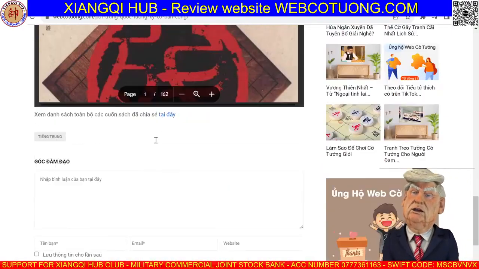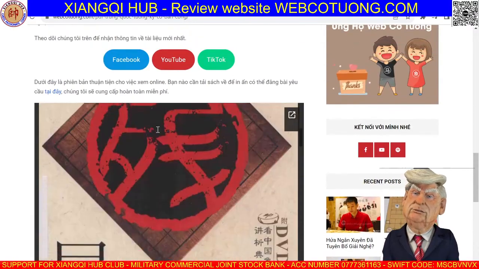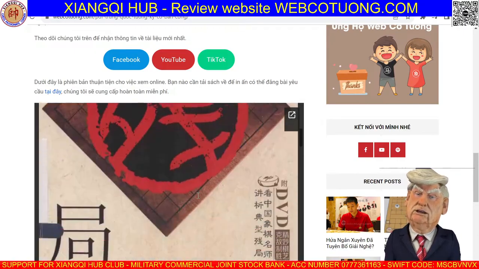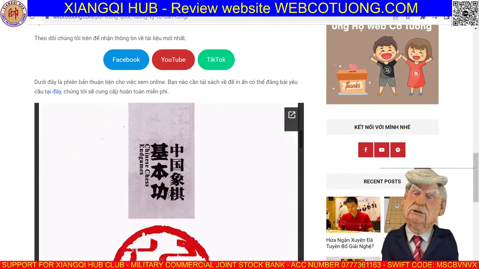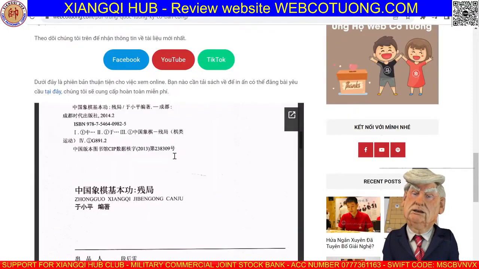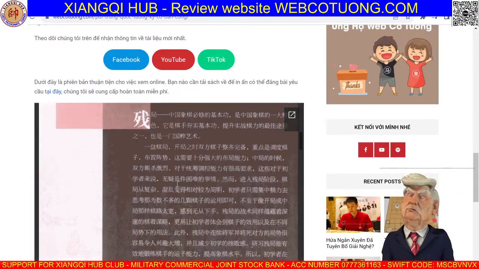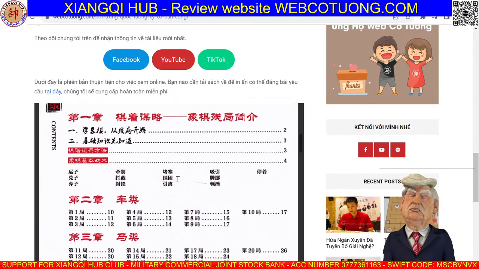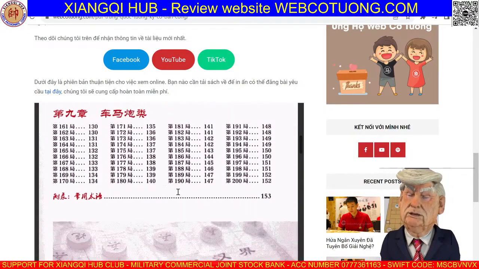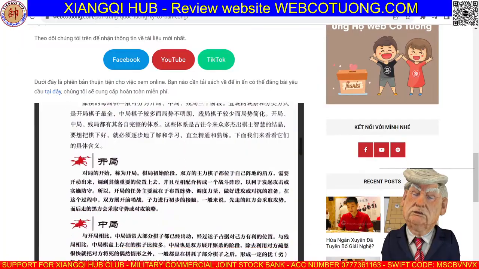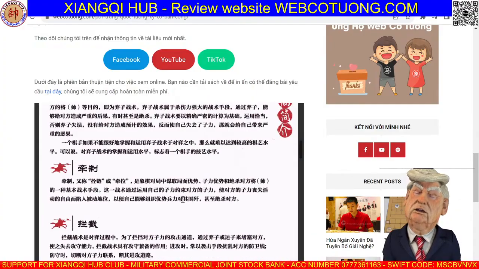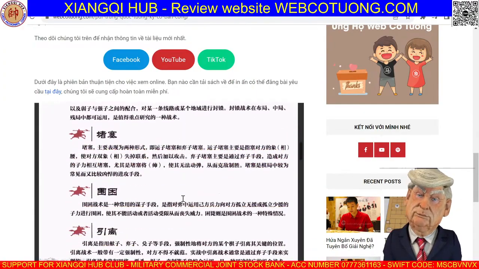All right, he introduced this book. We see it's in Chinese. They have a DVD here, you can see. However, let's try to open that. They upload it to the website too, but it's in Chinese. This might have been difficult before, but with the latest modern technology now, you can read this even if you don't know anything about Chinese. You can translate this into English or Vietnamese, then you can learn it.